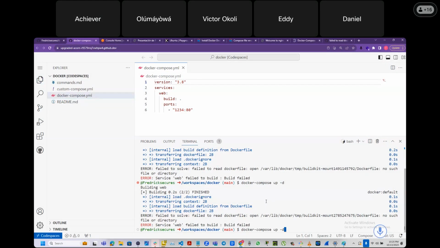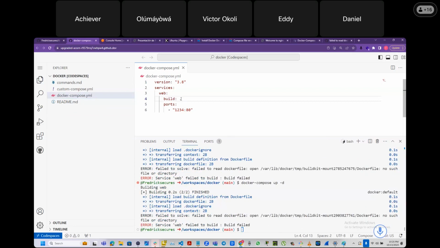Because if you look at the code, there's no problem there. You see, it's still failing. Service web failed to build. Build failed. Okay, let's see. It's looking for a Docker file, and we do not need a Docker file, ideally. Oh, I think I see the issue here. Yeah, I think it was using this file. Okay, good. So this is supposed to be image, and then what we have here is